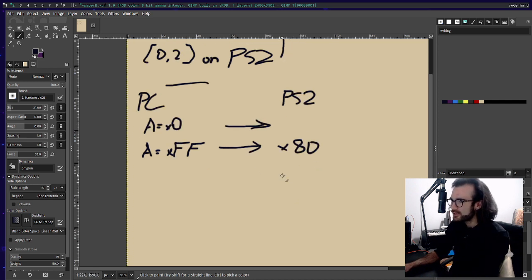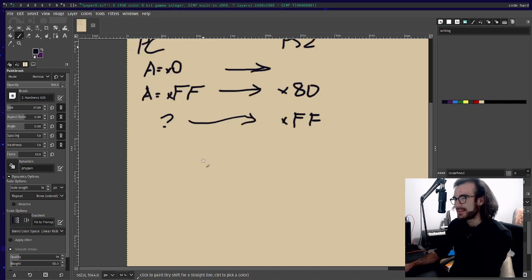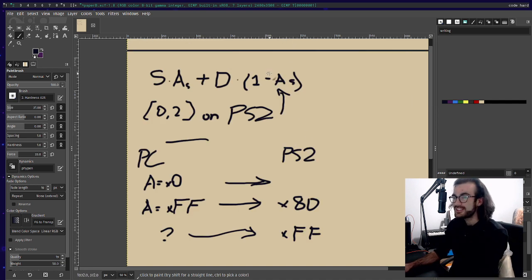And then the PS2 also has this mysterious value of FF that does something, right? It does something, in our case, that will be undesirable 100% of the time. So let's put a question mark here. This has no equivalent in PC programmable pipelines, conventional or standard practice. The PS2 is a fixed pipeline, right? We can't change this blending equation. We can't just invent our own blending equation that handles the range 0 to 2 better. We're stuck with this equation and this range of alpha.